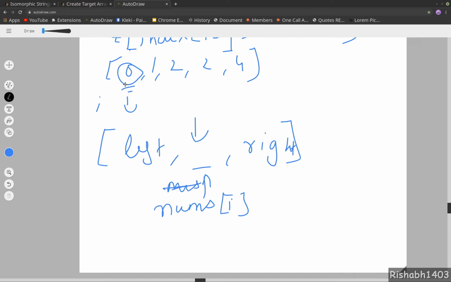So the index i would be here with 0, here it would be 1, here would be 2, and so on. So we will split based on this index, that is 0, 1, 2, and here we would insert based on the actual index.